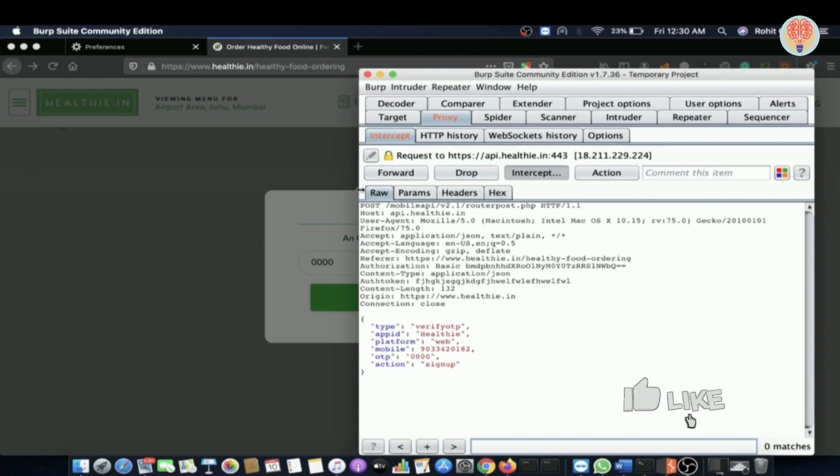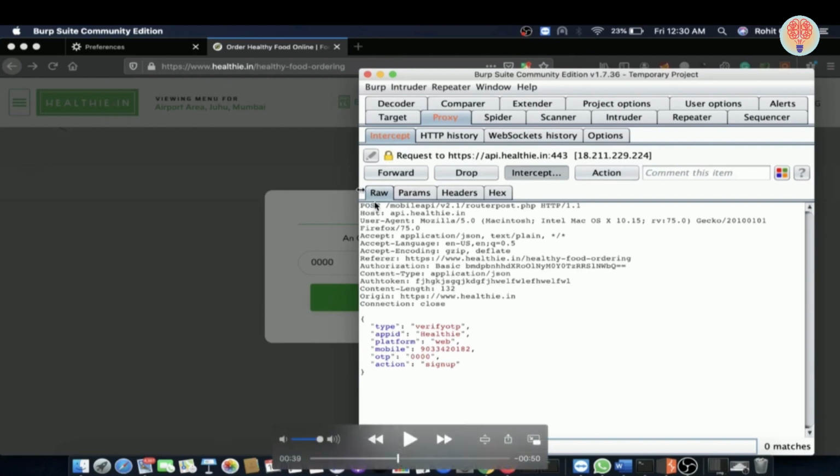As you can see guys, this is the request which is going to the API of healthy.in. This is an API call request which is going to the web server, and in the API request you can see this is a POST type of request, and the body contains the mobile number and the OTP.